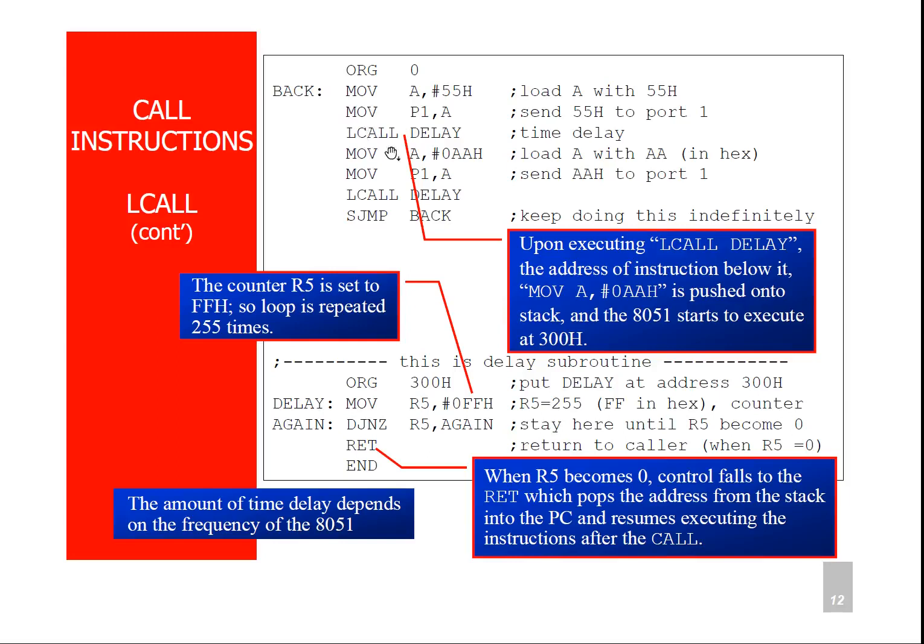So next instruction LCALL delay. So once we send the data, we are generating some amount of delay by using subroutine. So this is the delay subroutine. The subroutine name is delay, so that is specified in instruction here. So here I use the LCALL, even we can use ACALL also. So on the execution of this